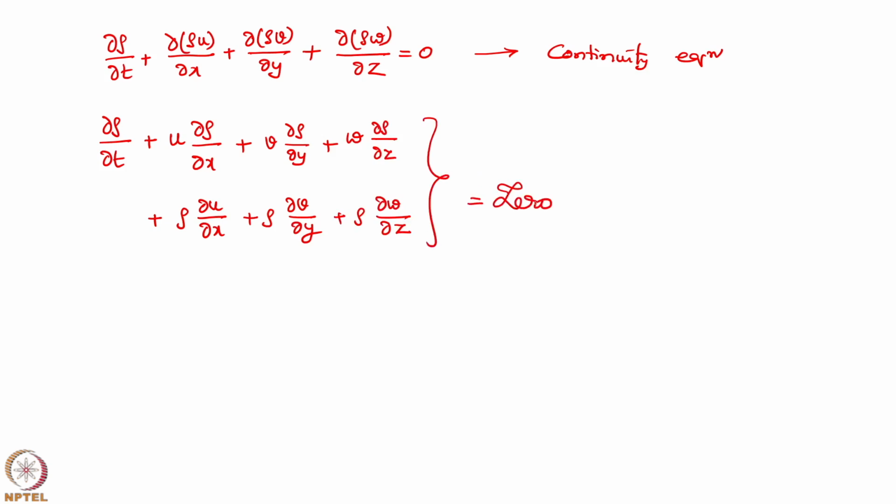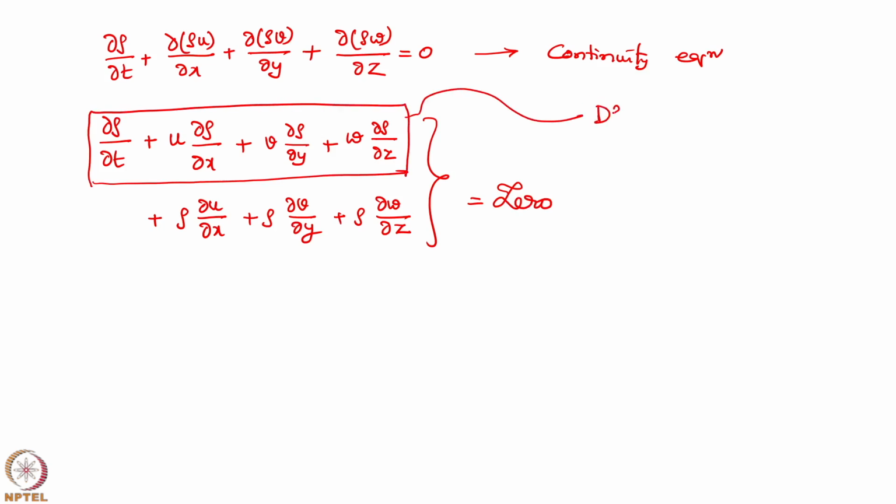Right. Now this term can be written as the total derivative d rho by dt. So, what does that mean? It is the density varying with time and density varying with space. Density is varying with x, density is varying with y, density is varying with z by virtue of convection parameter velocity u. So, this is the transient term,